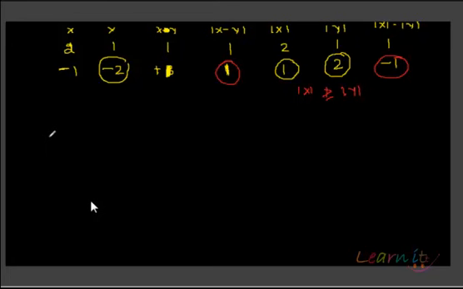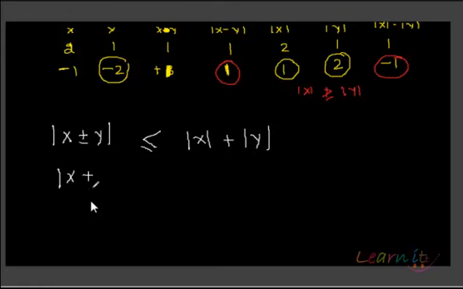So you understand why we have taken that modulus property out here. Okay, next, again we can look at what always is true, that modulus of x plus or minus y is always less than or equal to mod x plus mod y. You can look at certain numbers and actually try to do it yourself. Okay, so mod of x plus y is less than or equal to mod x plus mod y.